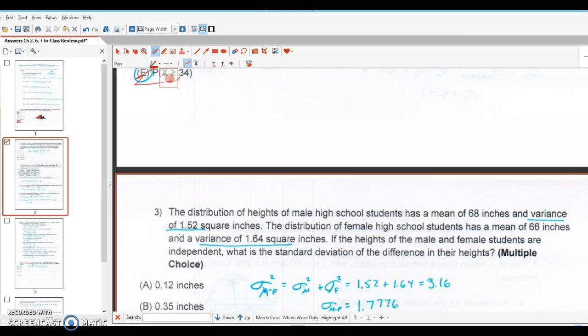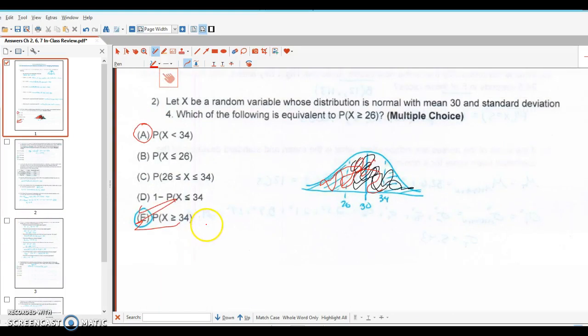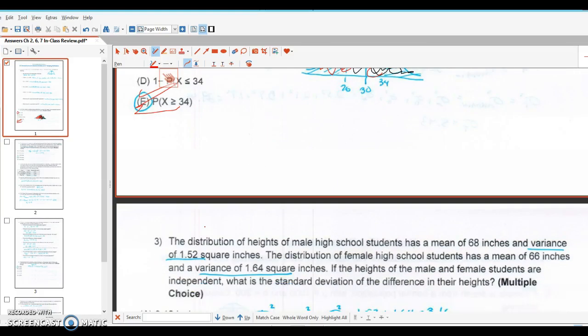Okay. Starting on the next one, we're going to look at distributions, combining distributions. So this is the Chapter 6 material. We will be doing a lot more with normal CDF in other applications, so I didn't put too much Chapter 2 stuff on here. Okay, so number 3, you have the distribution of heights is 68 inches with a variance